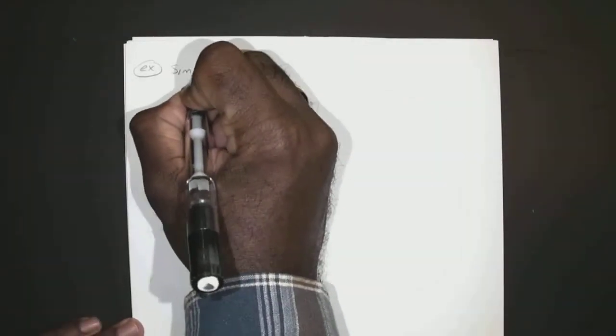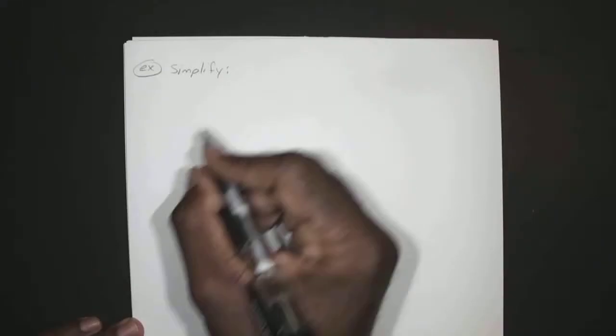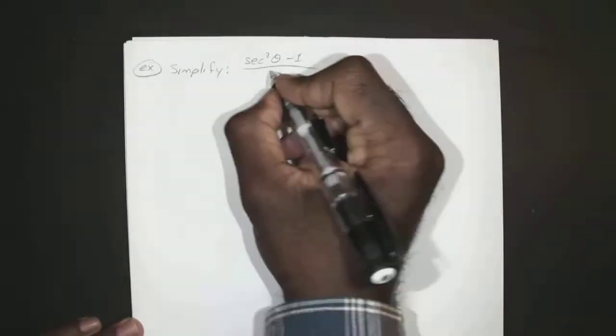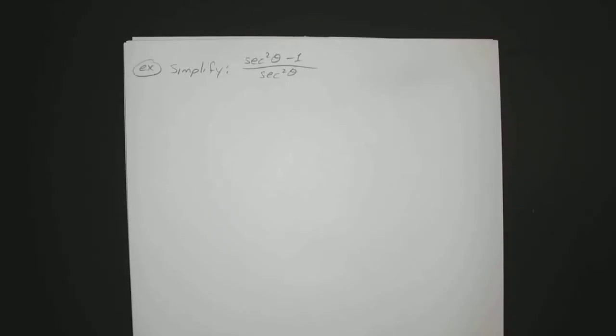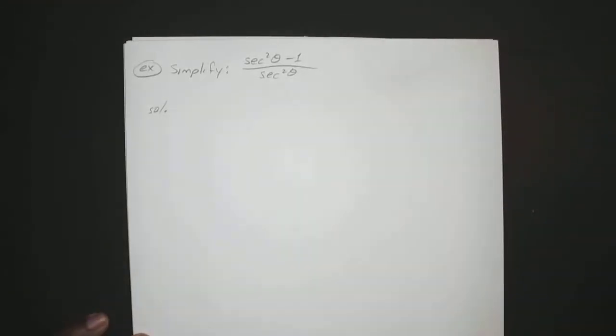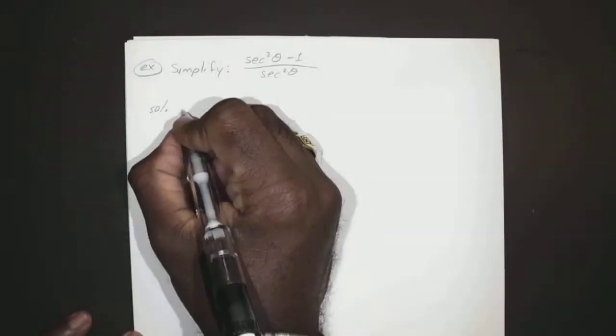Let's say, for example, we wanted to simplify secant squared of theta minus 1 over secant squared of theta. There are a couple of ways you can do this one. I'll show you two of the ways. Pretty sure there are more out there that I just didn't think of yet. So the first method: